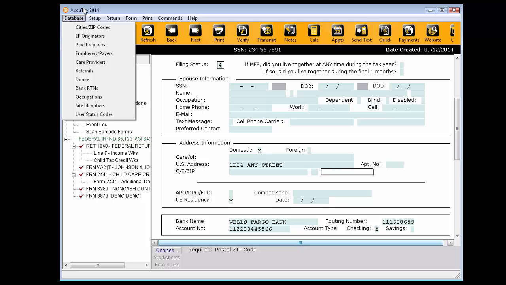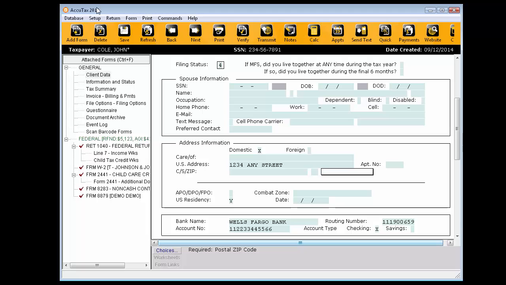The cities and zip codes database. The city, state, and zip code database has already been predefined with the current city, state, and zip codes listed by the United States Postal Service. When a zip code is entered into an address field within AccuTax, the city and state will automatically populate in their respective fields. If the city, state, or zip code is not in the database, you can add it to